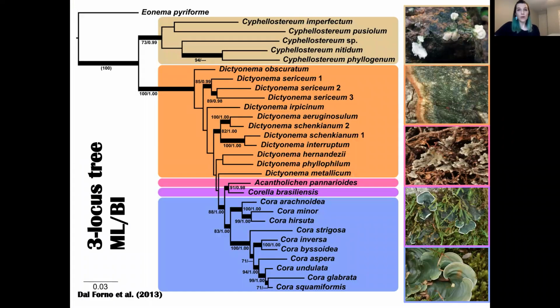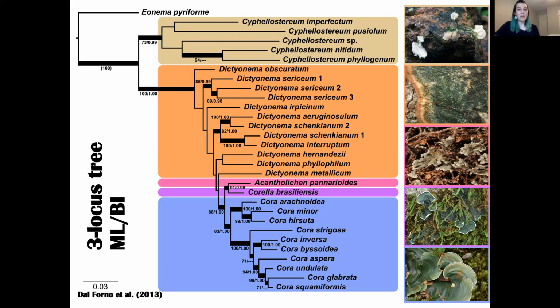And this is the first work that we had out showing these 5 genera and their relationships. And Cyphilosterium, here in this beige color, is the earliest divergent group and sister to the rest of the clade. Then there is this paraphyletic grade, Dictyonemateae, representing a transitional morphological and anatomical composition of these forms.